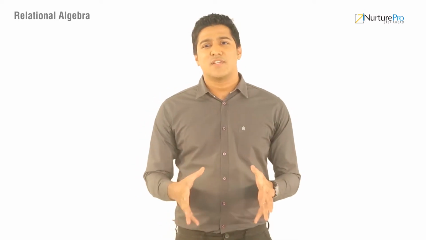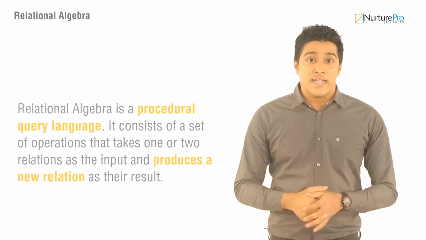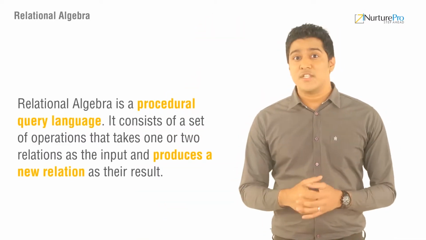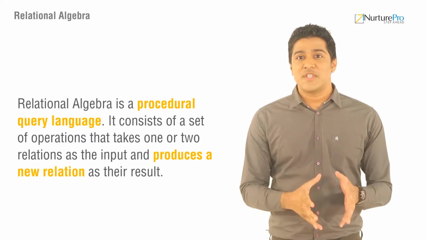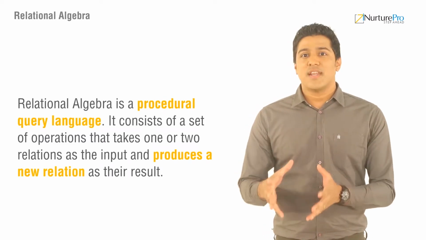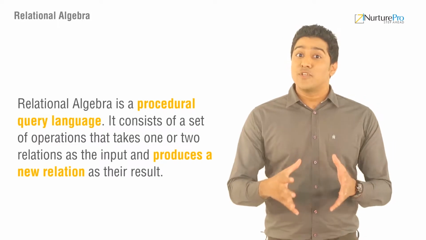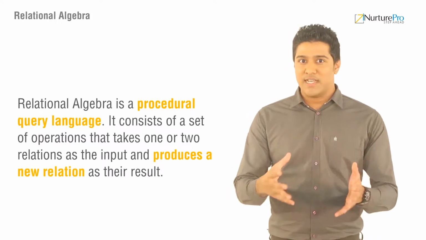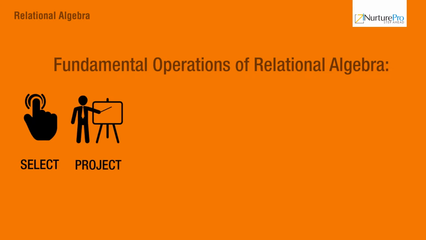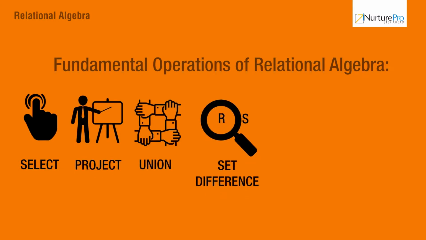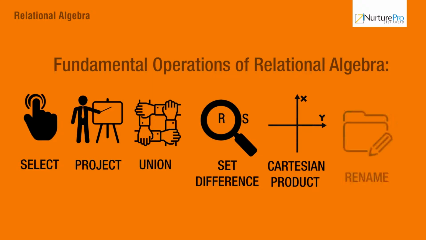So what is relational algebra? Relational algebra is a procedural query language. It consists of a set of operations that takes one or two relations as the input and produces a new relation as their result. There are 6 fundamental operations of relational algebra: select, project, union, set difference, Cartesian product, and